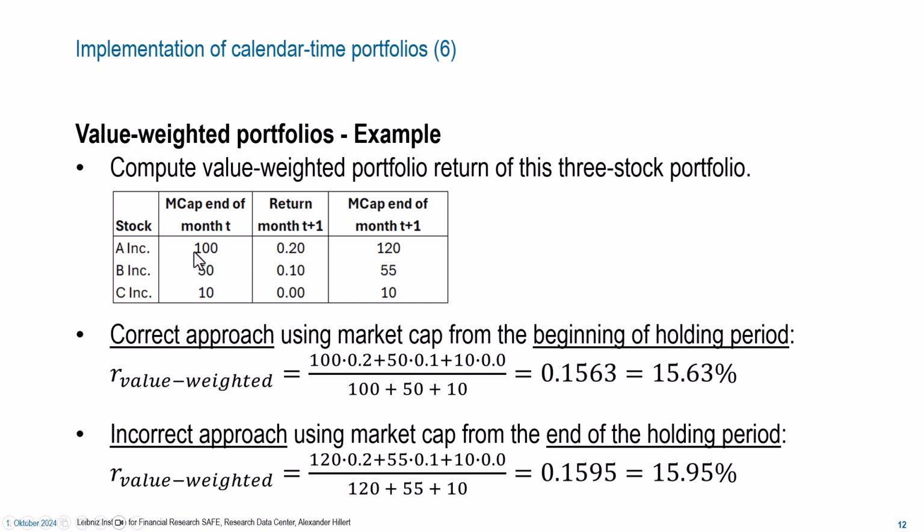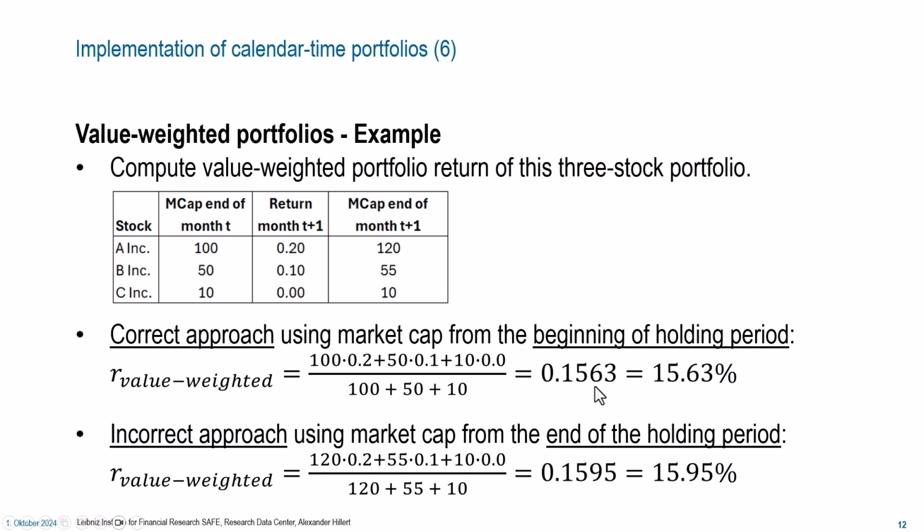For simplicity, let's also assume our capital to invest is exactly 160. Then we could invest 100 into stock A. We earn a 20% return, meaning we have a profit of 20 here. We invest 50 into stock B, earn a 10% return, meaning we have a profit of 5. And for stock C, we invest 10. Stock C does not yield any return, meaning we have a profit of 0. Then we have 25 in the numerator divided by our overall investment. We invested in total 160. So 25 over 160 would be a return of